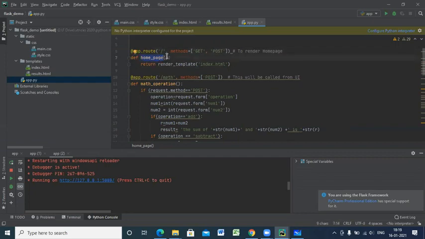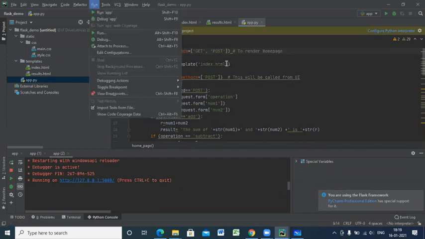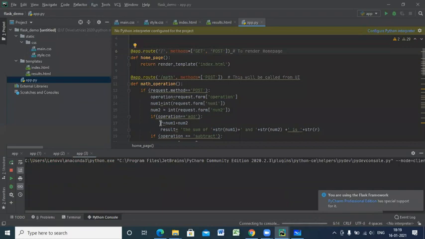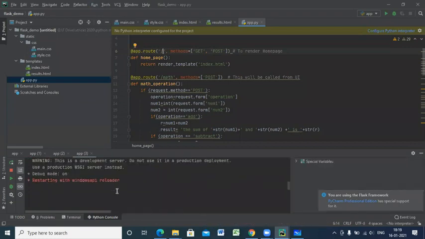This function name can be anything. But what the Flask application will be looking for is this slash, meaning that this is the index page. The first page which will be running is index.html. As soon as I run this page, I'll show you, index.html will be taking the control. So in the backend, index.html is run because slash means give control to index.html.